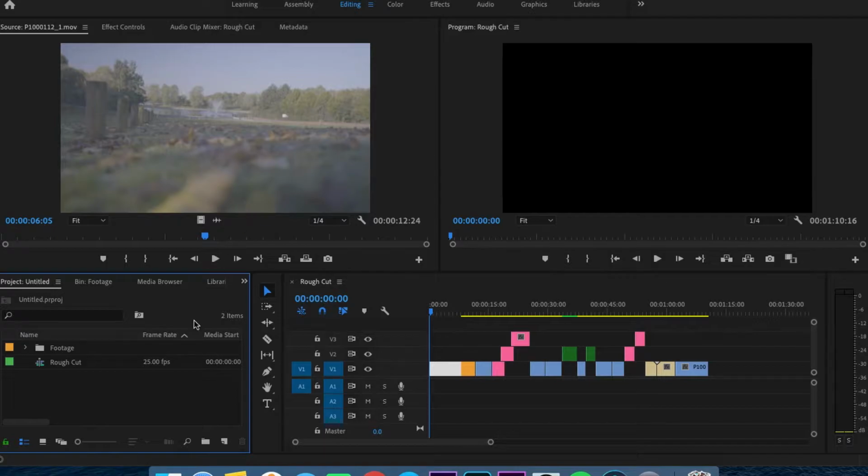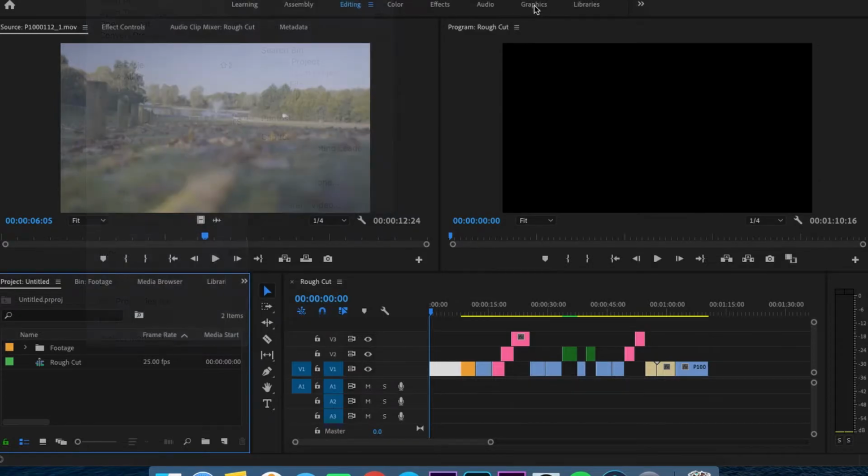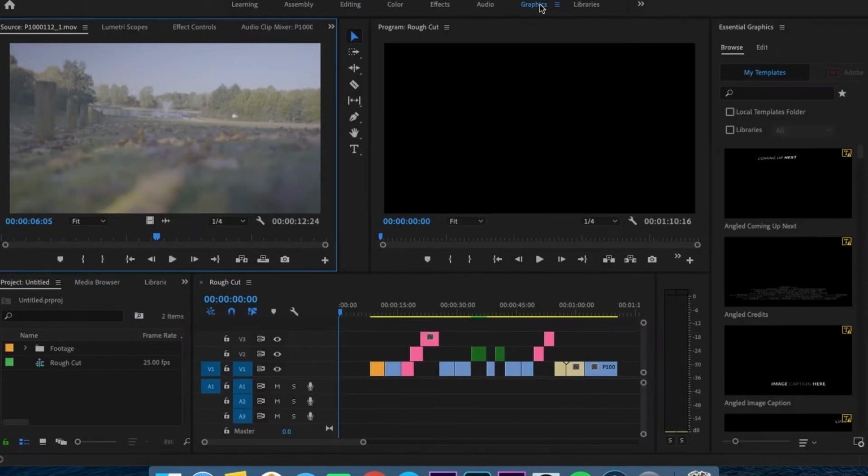The first is the old way, which if you go up to File and go to New and you can choose Legacy Title, this brings up a fully editable Legacy Title screen which can allow you to do everything. But today we're going to look at the Graphics tab, which Premiere Pro CC has a whole host of different